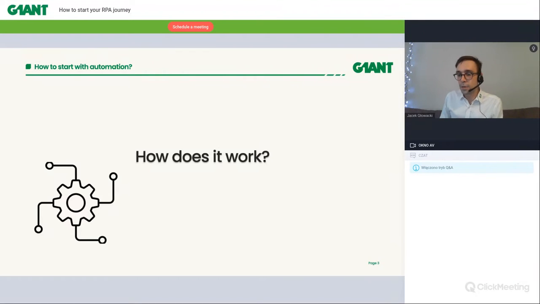Everything done by a human being using the mouse and the keyboard, we can automate using our solution. We can exactly mimic the movements of the mouse and the keyboard, exactly what the employee does, and operate other software systems.